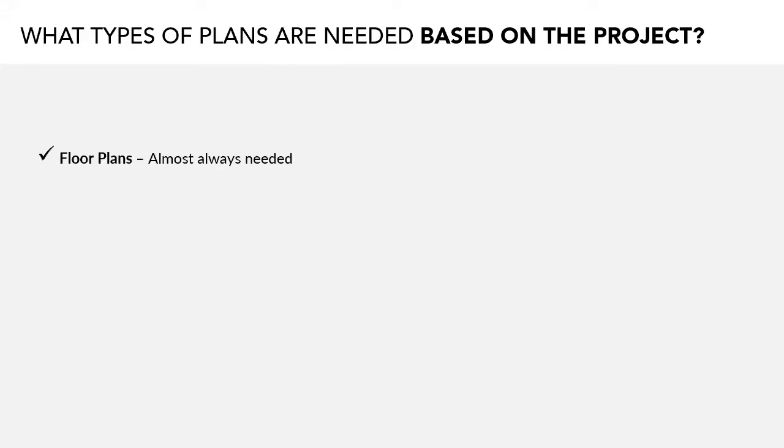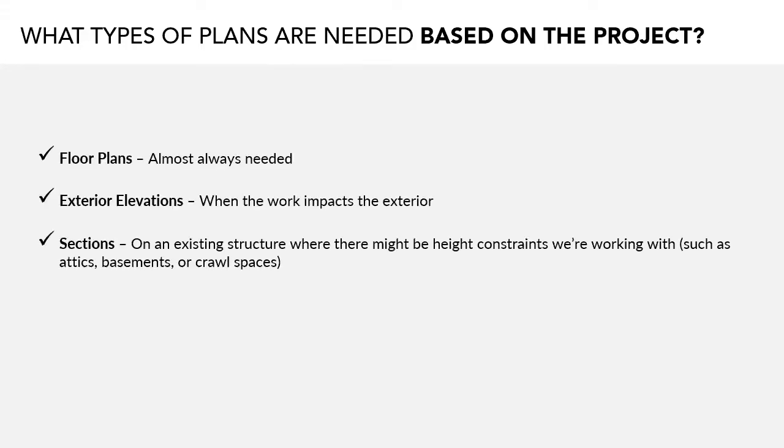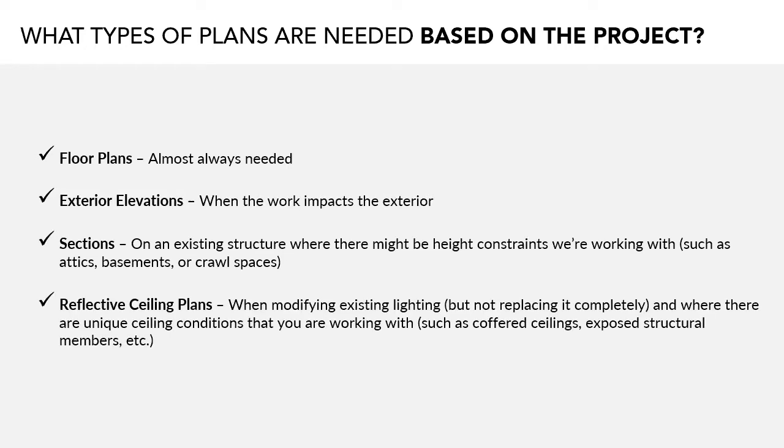And so above are a few examples of plan types and when they're needed in your as-built plan set. So you might need a floor plan, for instance. That's almost always going to be needed if you're doing any interior work of any kind. Exterior elevation is another common one. Basically, anytime you're doing any work that impacts the exterior facades of the structure, you're going to probably want exterior